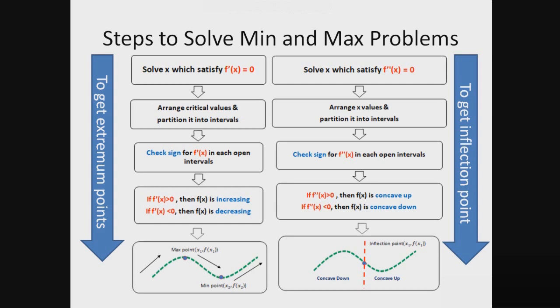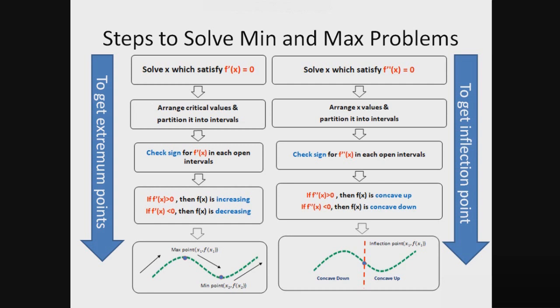Step number 2, we have to arrange these critical values and partition them into intervals. Step number 3, we have to check the sign of f prime x in each open interval. Step number 4, we have to check f prime x. If f prime x is greater than 0 in a particular interval, then the function is increasing. Otherwise, if f prime x is less than 0 in a particular interval, then the function is decreasing on that particular interval. And the last step is to find the maximum point and minimum point by substituting x inside